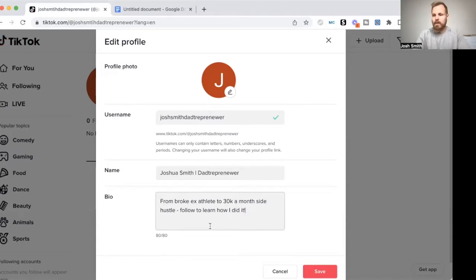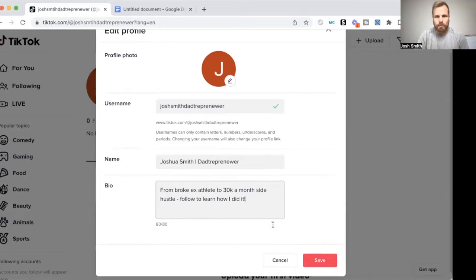A good example would be on my old profile that just got banned. I just had it set up in 3 different lines. It was like ex athlete, daddy plus entrepreneur, learn how you can make money online. Okay. And then it was like, click the link in the bio. So you can keep it very, very simple, just something quickly about who you are and who you help.